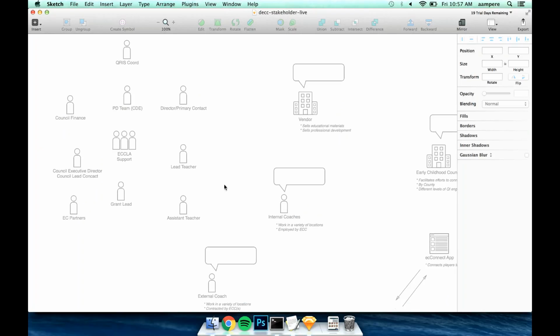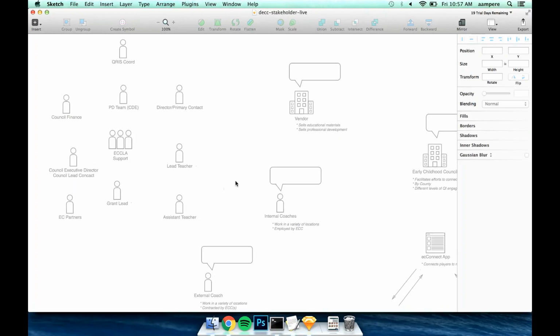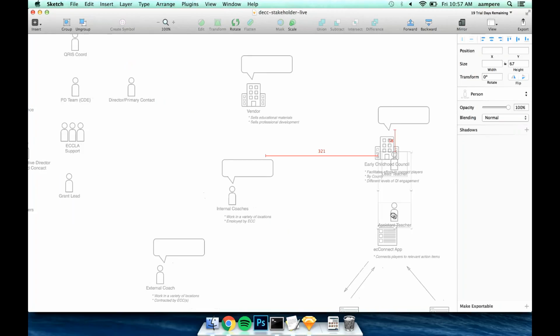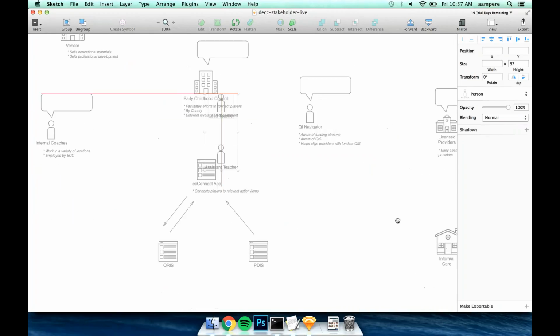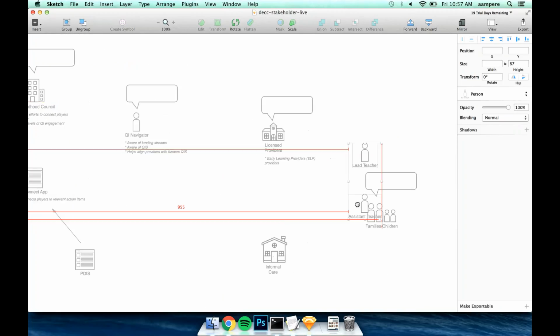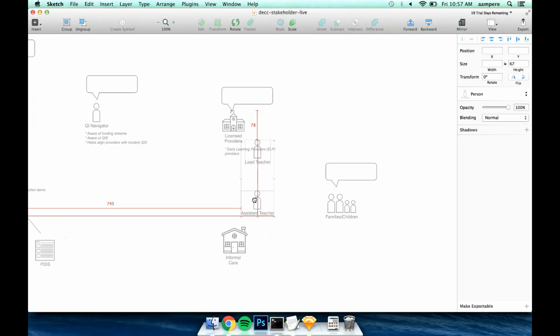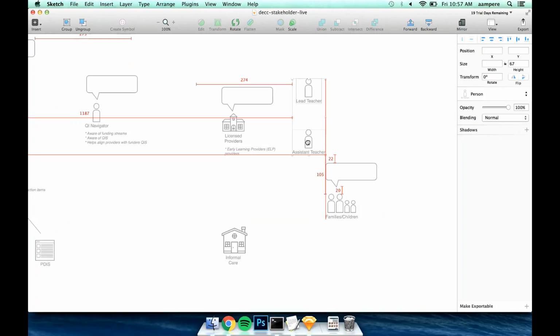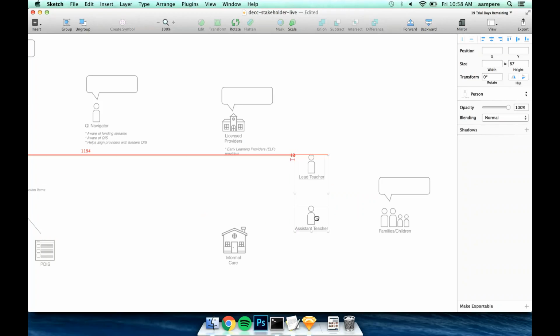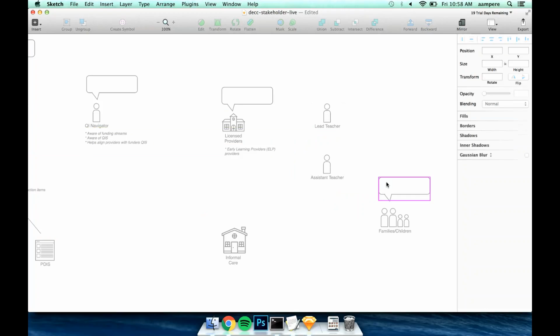So I would assume that lead and assistant teacher is pretty simple. Those are going to be over in the school sector. So I'm going to slowly move them over there to our... Oh, I guess I didn't end up with a school. So we're just going to call it licensed providers. Yep. Okay. And we might even put them in between the families and the school and the facilities. These are going to be connected to licensed providers, not informal care providers, in most cases.